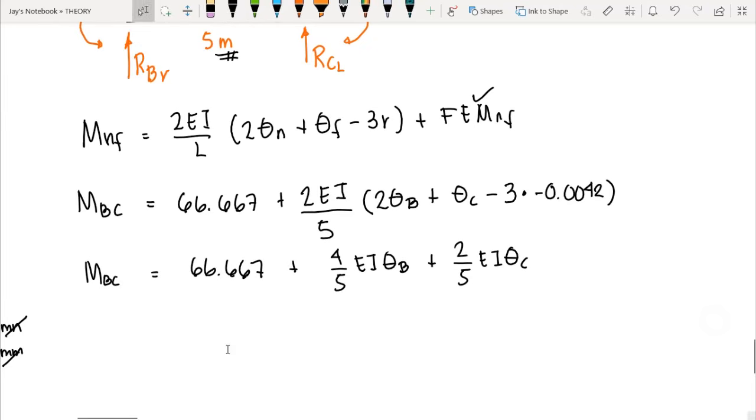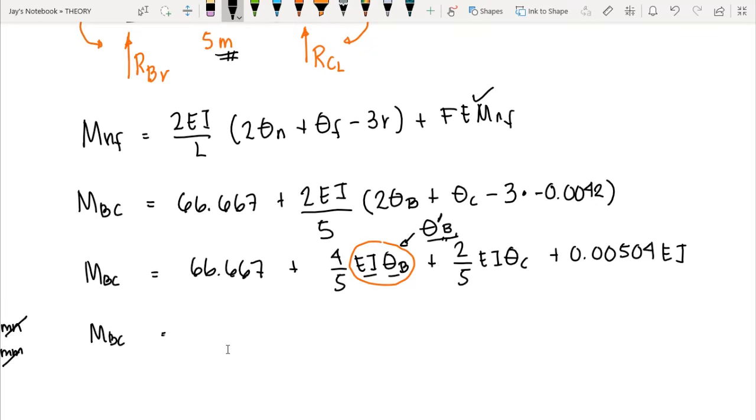Then we have plus 0.00504 EI. Okay, but again, to shorten the number of variables here, we can just unite these variables. We can use theta prime B. This prime here indicates that this variable is a factor of EI and theta B. Okay, so we have MBC is equal to